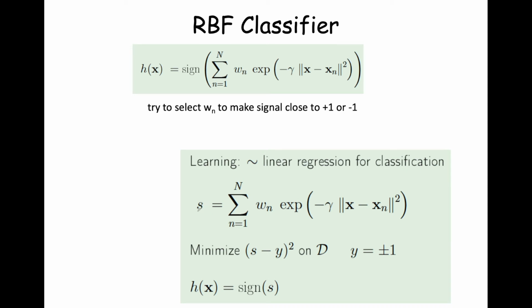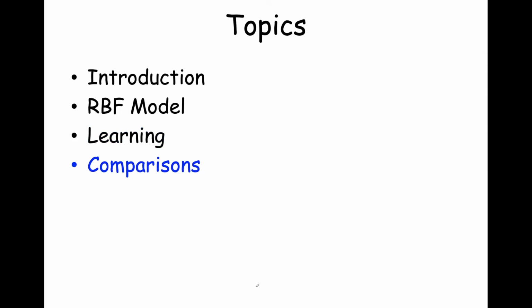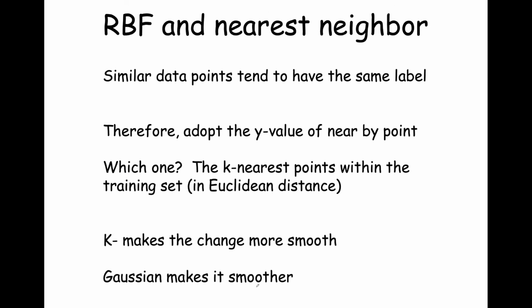You take your scores, S, and you set your score to be equal to the +1, -1 labels, and you're literally minimizing the squared error loss between the score of this radial basis function and these y values, where your y values are +1 and -1. And then once you get the resulting weights for your radial basis function, you wrap that in sign, and there's your final hypothesis. So let's take a look at some comparisons between radial basis functions and something called nearest